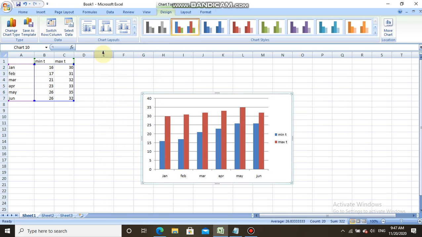This chart shows the data at a specific time interval. You can compare each and every data to the related month. You can see the maximum temperature data. In the month of May you can see the maximum temperature here. In the Jan month you can see the minimum temperature here. So you can compare data in a specific time interval.